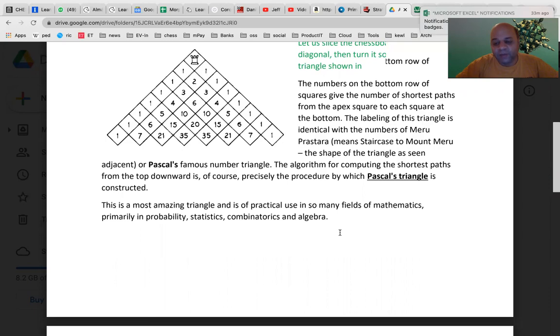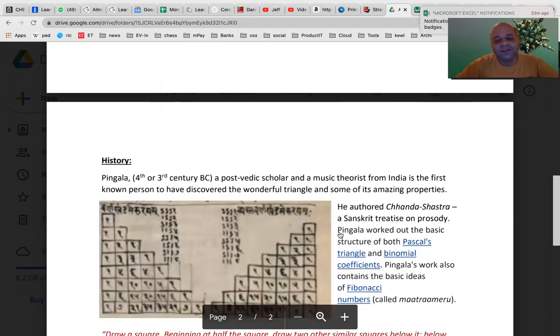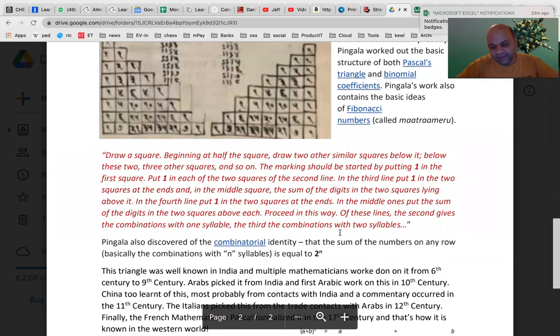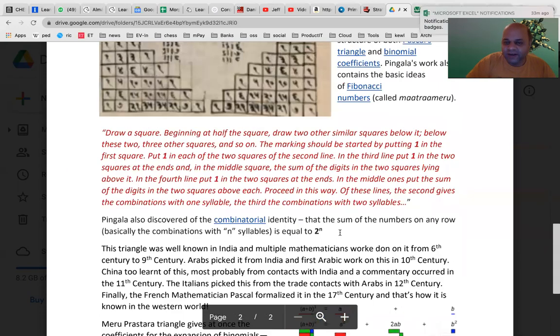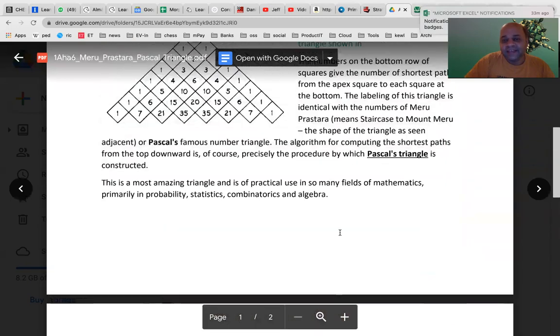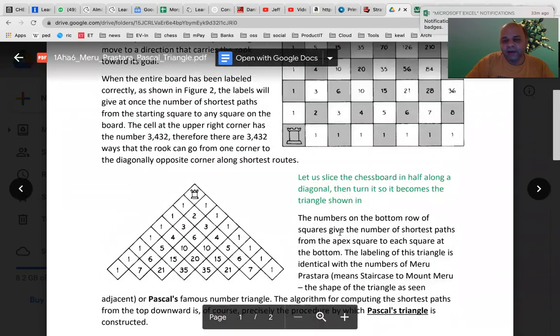Today I am only covering the generation of the triangle and the history. There is an application of the triangle, and there are a lot of uses of it. So next week we are going to delve deeper into how to use it. But first of all, let me stop here. Any questions or any doubts here?